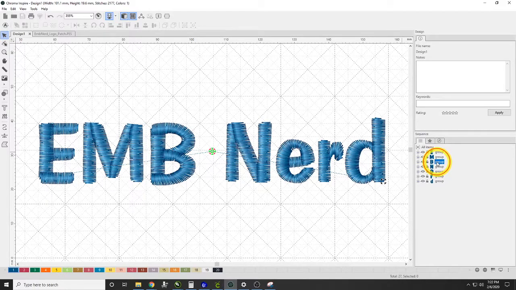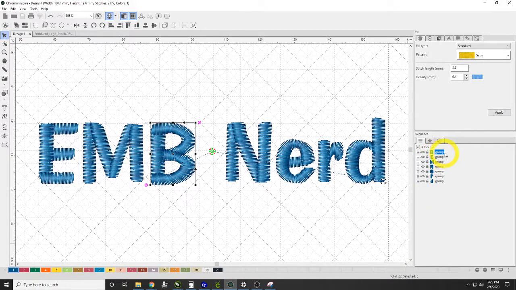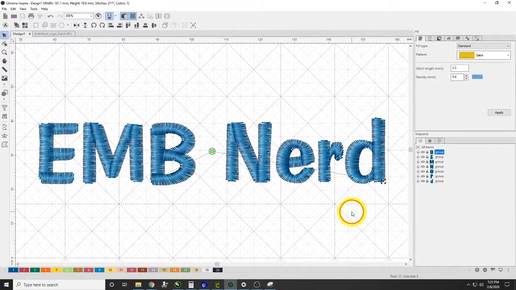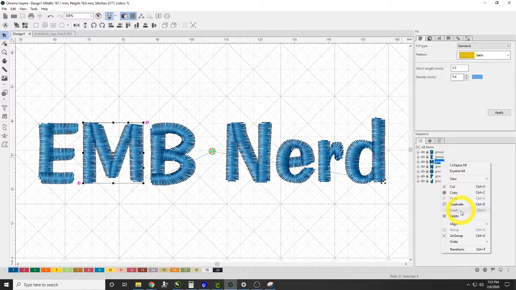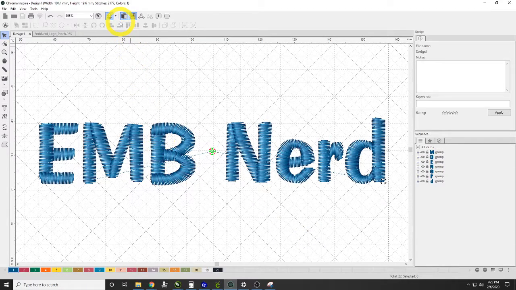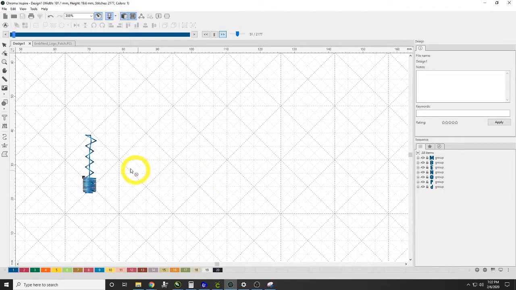So we'll take the B and we want to move the B to the top of the sewing order. And in this, that would be in the order, and we're going to go to the back of the sewing order. Next, we can do the M if we would like. So let's go ahead and move that one back. So we go to order and we'll go backwards one. So now if we run the sew out, we have the M at the end